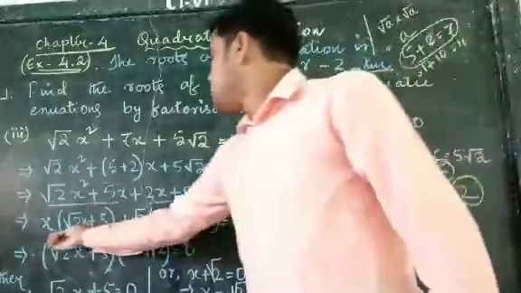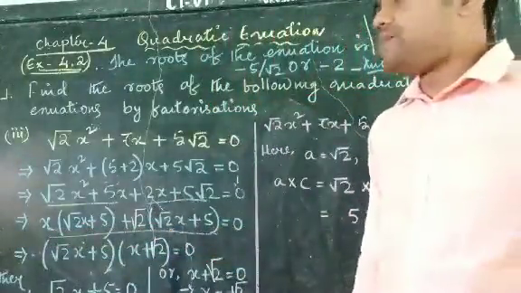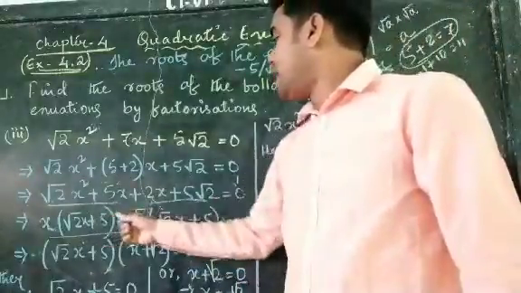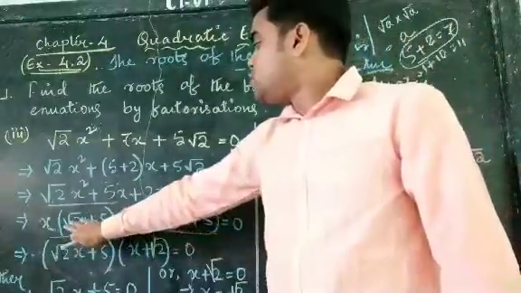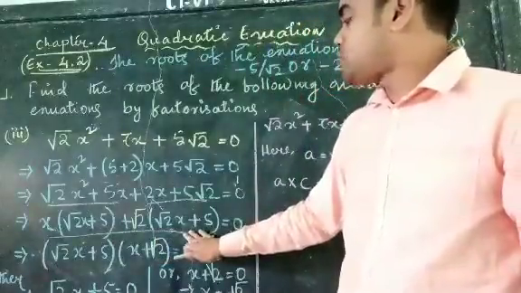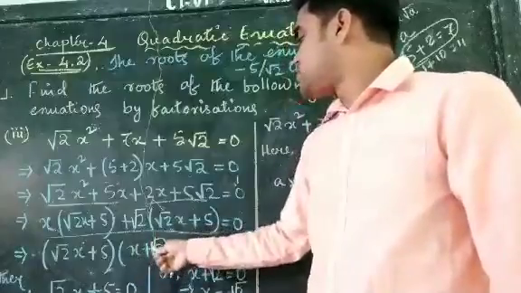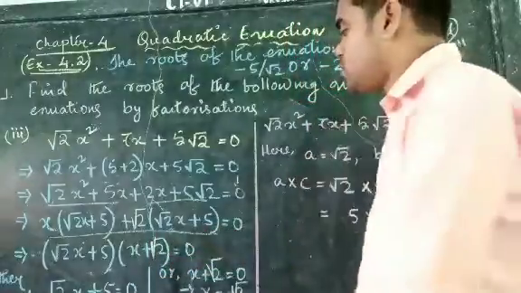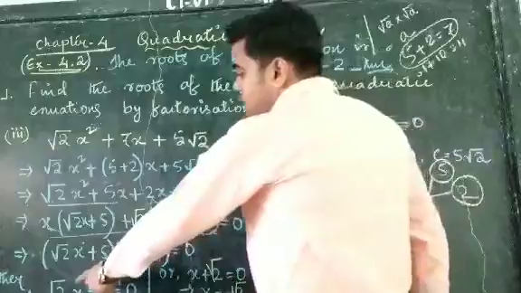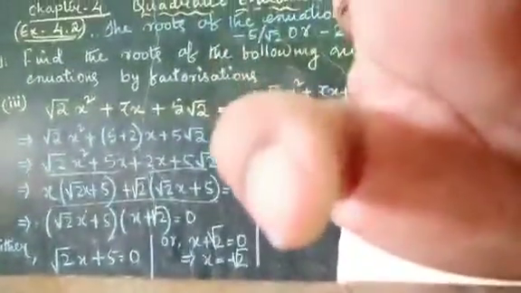In this equation, what is the common term? The common term is root 2x plus 5. It is in here and also in there. So we take root 2x plus 5 common, and the remaining term is x plus root 2, equal to 0. So either root 2x plus 5 equal to 0,